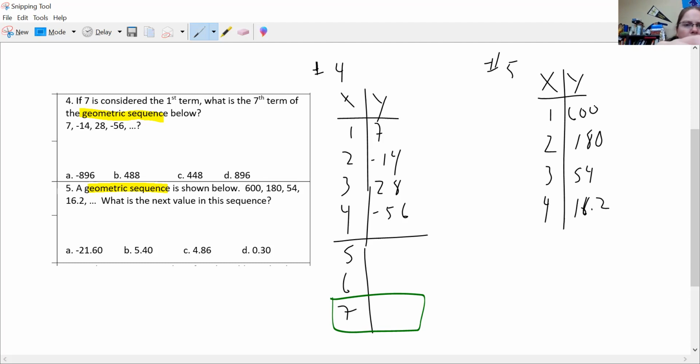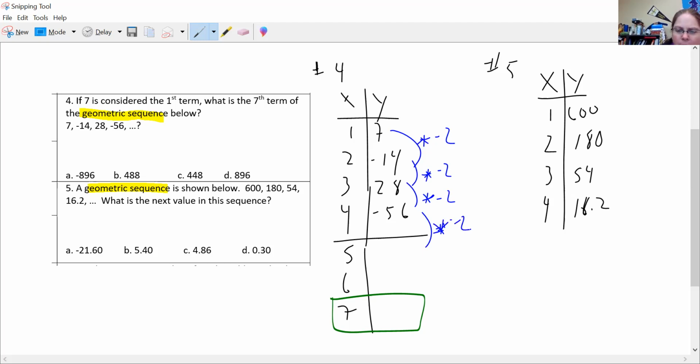Since we're told that they're geometric, that kind of tells us we're multiplying by something. So 7 times what is negative 14? Well, that would be times negative 2. Negative 14 times negative 2 does get us negative 28. Times negative 2 does get us negative 56. So if I take that times negative